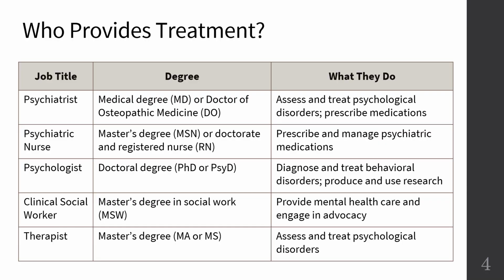We also have psychiatric nurses, who often have medical or nursing degrees, and they're also able to work with medications, oftentimes able to prescribe and manage different psychiatric medications. So these are the only roles that can actually treat patients from the pharmaceutical side, or utilize pharmacotherapy, to improve patients' outcomes. Then we have psychologists, and these are people with doctoral degrees or PhDs, sometimes PsyDs as well,